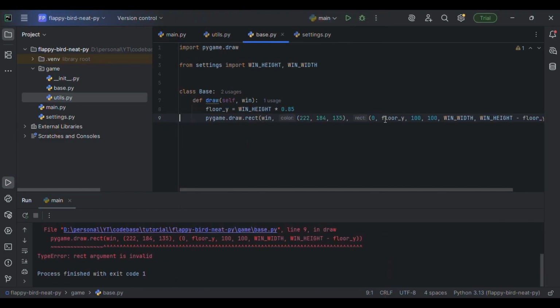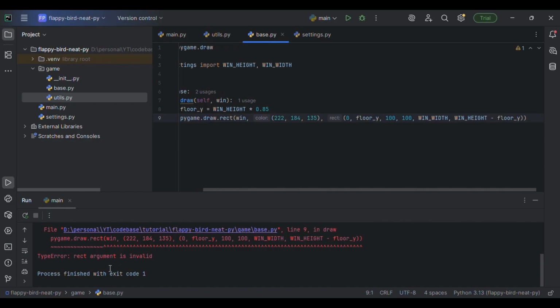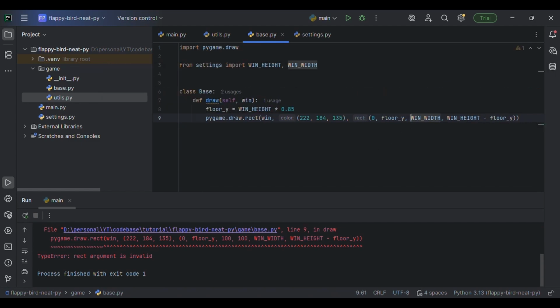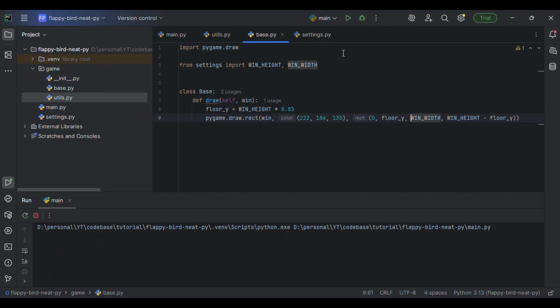There is some issue here. It's saying the rectangle argument is invalid. Okay, so we don't pass it here. It has to be like this. It took an extra 100. So now let's run it,